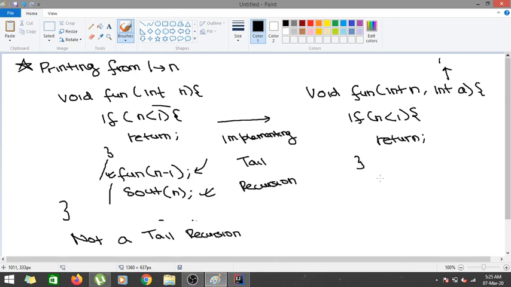Now I have to go in an increasing manner. I have another value, that is a, which could keep track of the increment, right? So let me just print the value of a. Initially it is 1, so it would print 1, and then I would be calling my